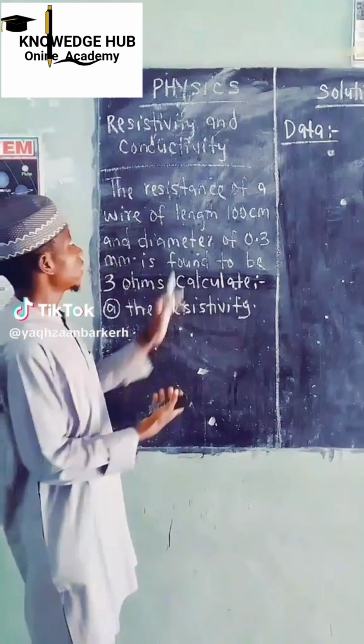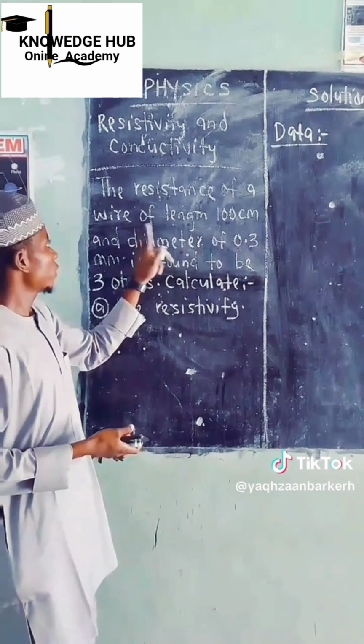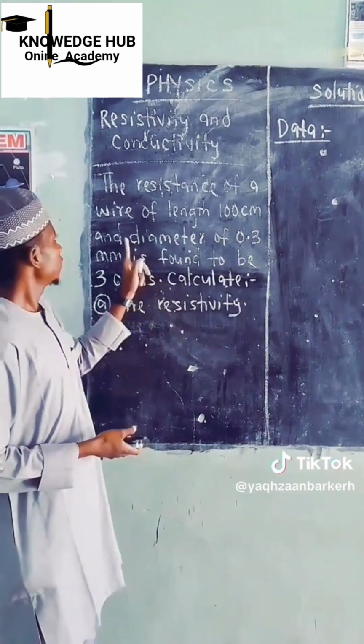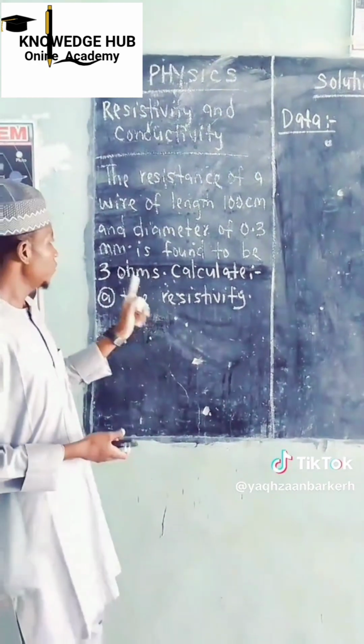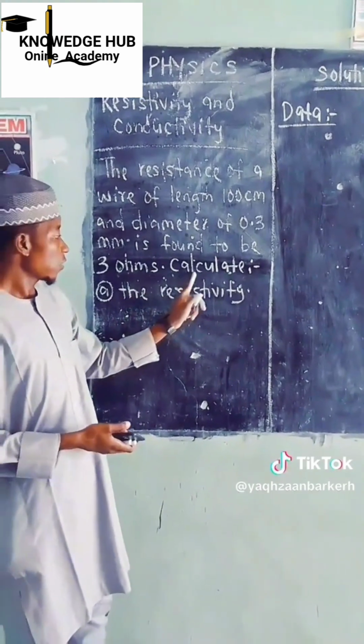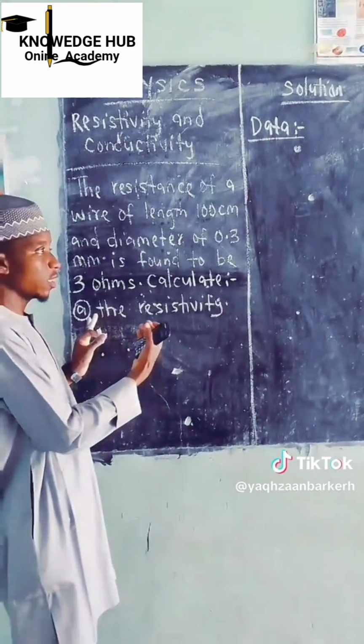Answer question under resistivity and conductivity. The resistance of a wire of length 100 cm and diameter of 0.3 mm is found to be 3 ohms. Calculate the resistivity. So abu na farko da zamu fara shi zamu yi kokarin cire duk abubuwan da aka bamu